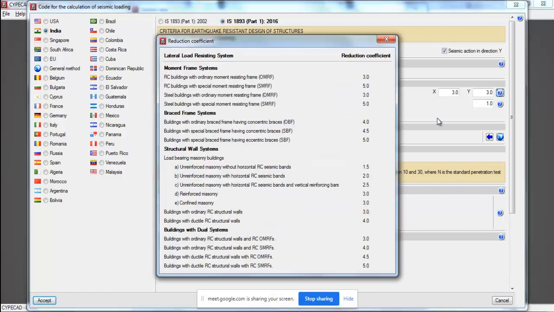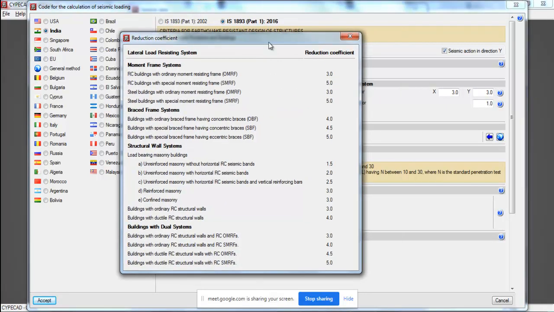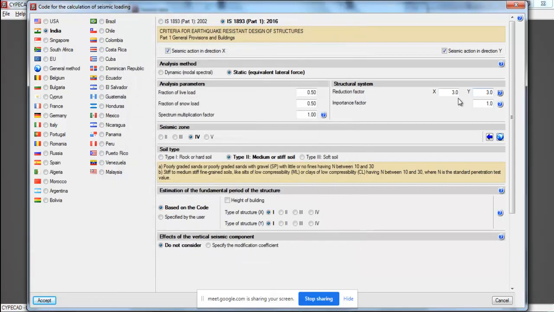You can also look into these values. If you click on the question mark, the software will suggest values as per the code. Whatever code information is there, everything is available on the screen here. So you can just select all the information straight away.